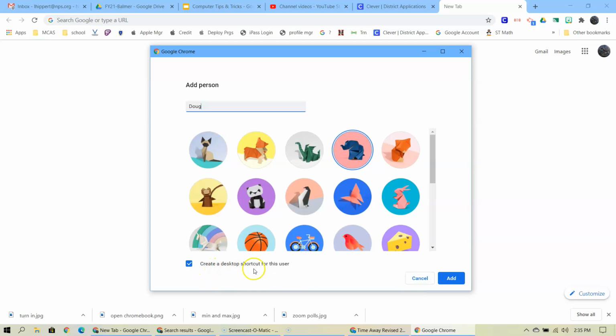Now it says create a desktop shortcut for this user. Make sure that's checked off because that will give you a Google Chrome icon for the internet, but specifically for your account. If you click Add,